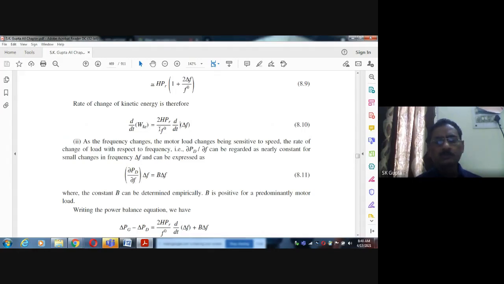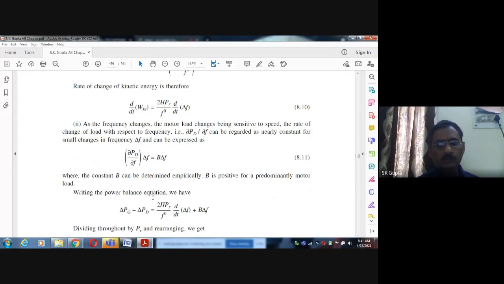This much amount of energy will be supplied from the rotor, and demand itself will be reduced by del PD equals V into del F. Demand भी इतना कम हो जाएगा, V is the summation point, frequency कम हुई है, as I told, demand is proportional to the frequency, so frequency कम होने से आपकी demand भी कम हो गई। इसका मतलब क्या हुआ, अब देखिए राइटिंग द इक्वेशन PG माइनस PD, जनरेशन और डिमांड में जो डिफरेंस था, एक तो ये रोटर से आ गया, दूसरा डिमांड अपने आप में कम हो गया, इस तरह दिस इज बैलेंस्ड। नेट डिफरेंस इज बैलेंस्ड बाय चेंज इन द रोटर एनर्जी एंड चेंज इन डिमांड इटसेल्फ। दिस इज द इक्वेशन